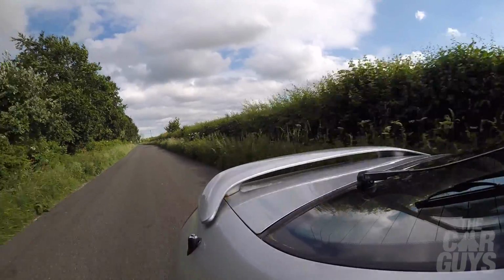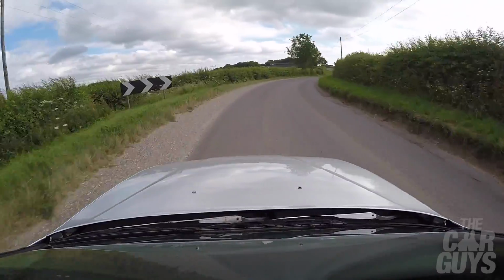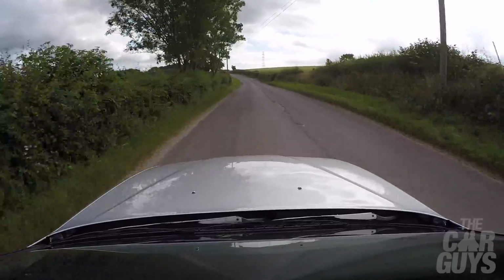Here we go with the VTEC 5006. Here comes the surge, and away we go. It might not be the quickest car today, it certainly isn't, and it wasn't even the quickest car of its day, but it's brisk enough. It's enough to have fun, and it's also enough, oh look at that, it's enough so that you really appreciate